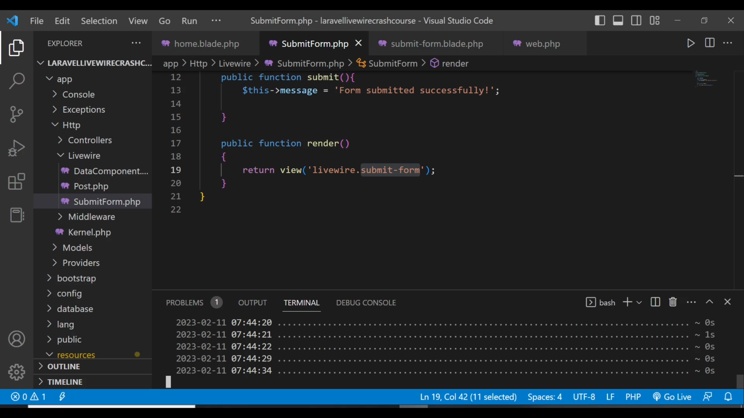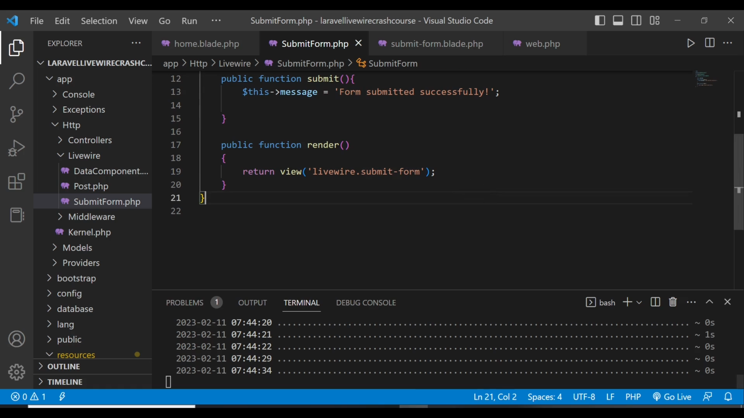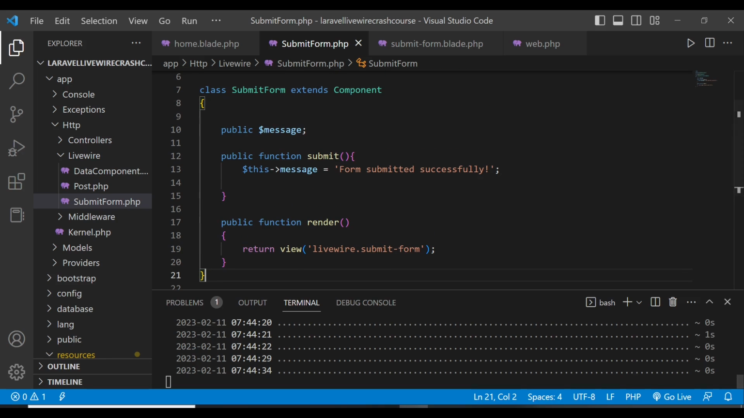So this demonstrates how to handle events such as form submissions in Laravel Livewire. With this basic understanding, you can start building more complex components and applications. So that's it under the event handling. Basically that's the event that is going to be captured. So next